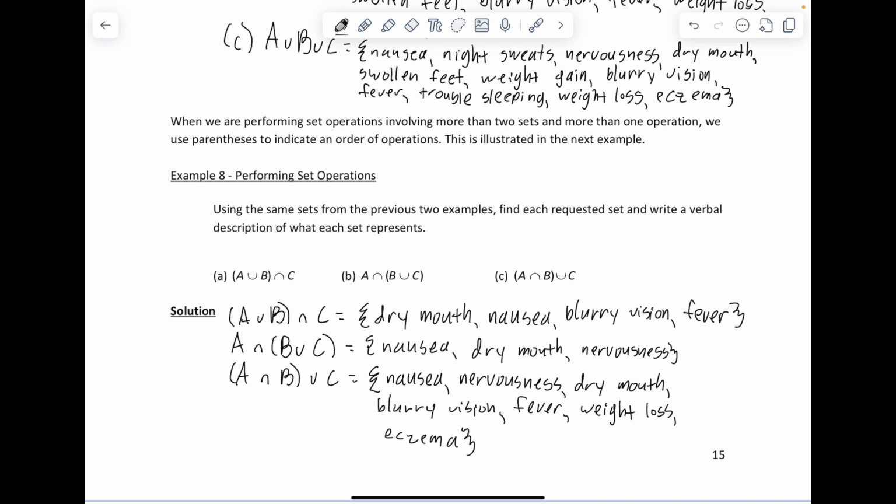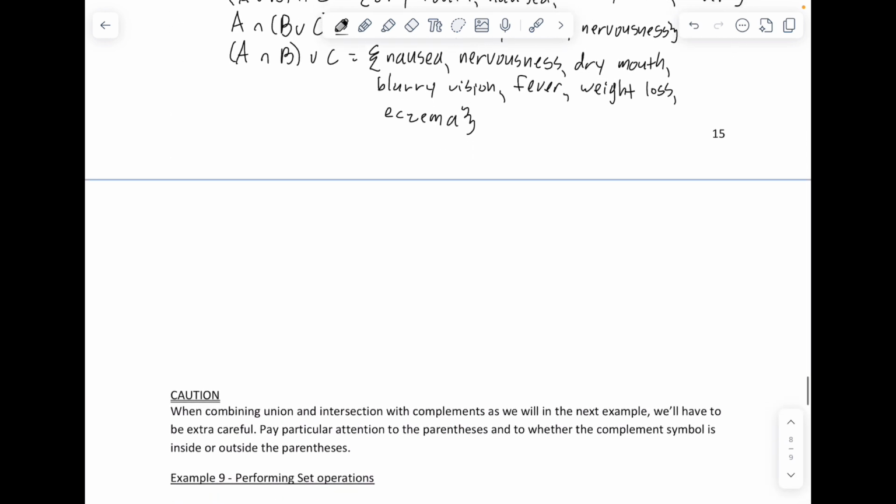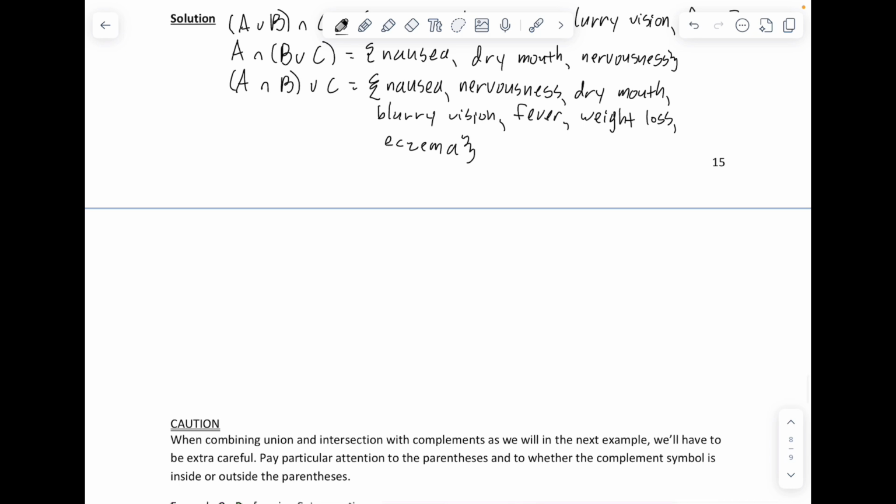Okay, hopefully that helps us to illustrate how to do some set operations. Caution. When combining union and intersection with complements, as we will see in the next example, we'll have to be extra careful. We want to pay particular attention to the parentheses and to whether the complement symbol is inside or outside the